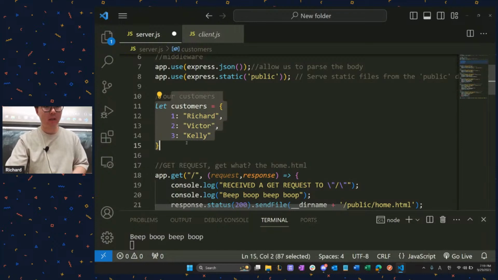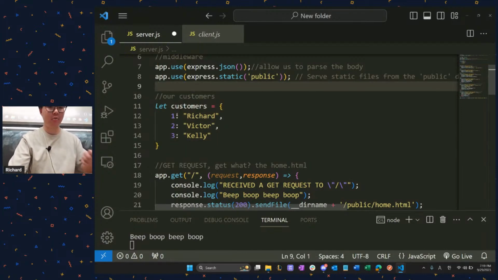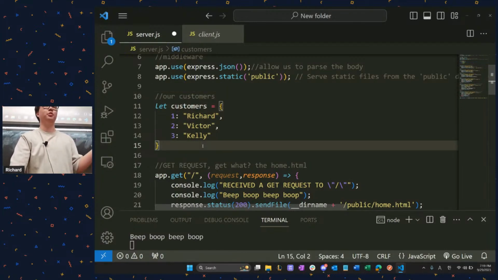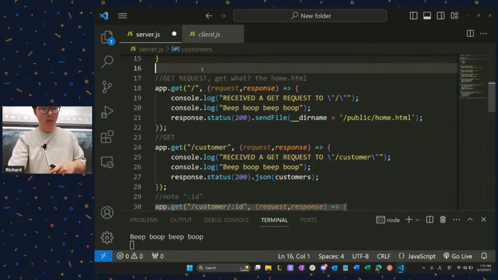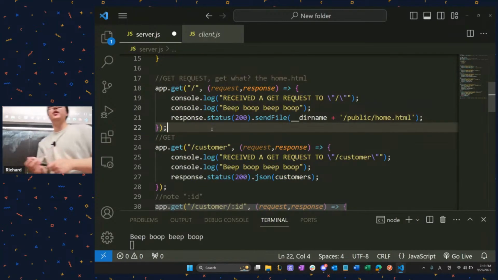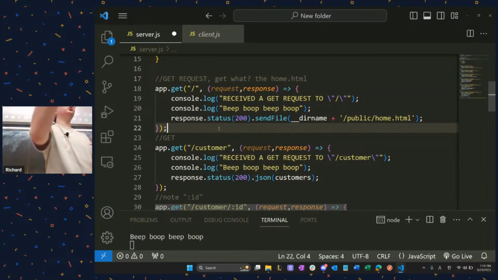So just to begin, here are customers 1, 2, 3, a JavaScript object you guys just saw from Shirley's presentation. And now this is where the actual responses happen. Let's start from the first one. When we first just went straight to the website, localhost 3000, that URL, no more, no less,